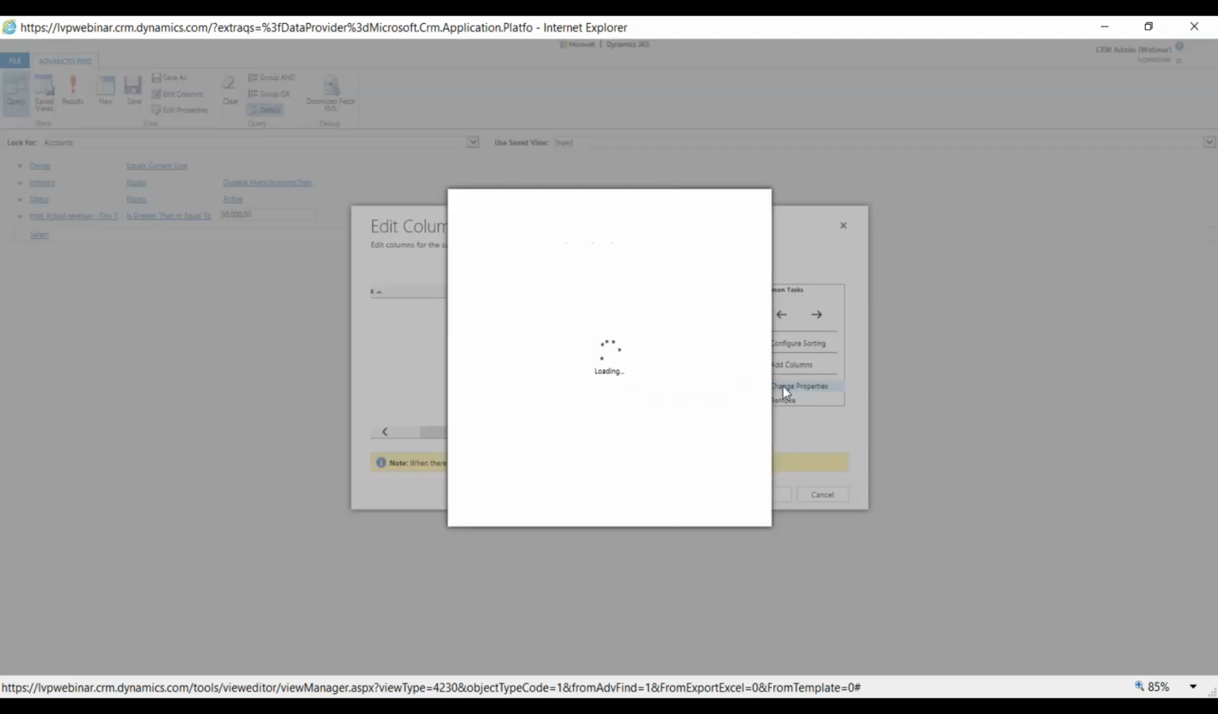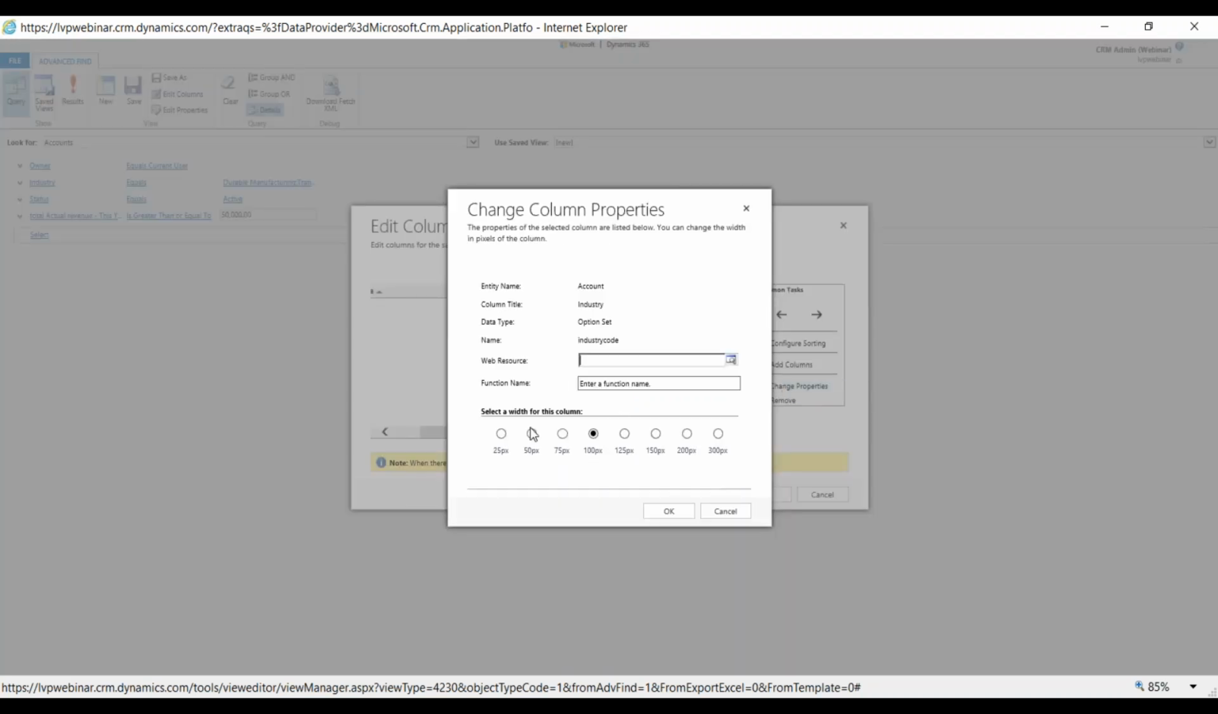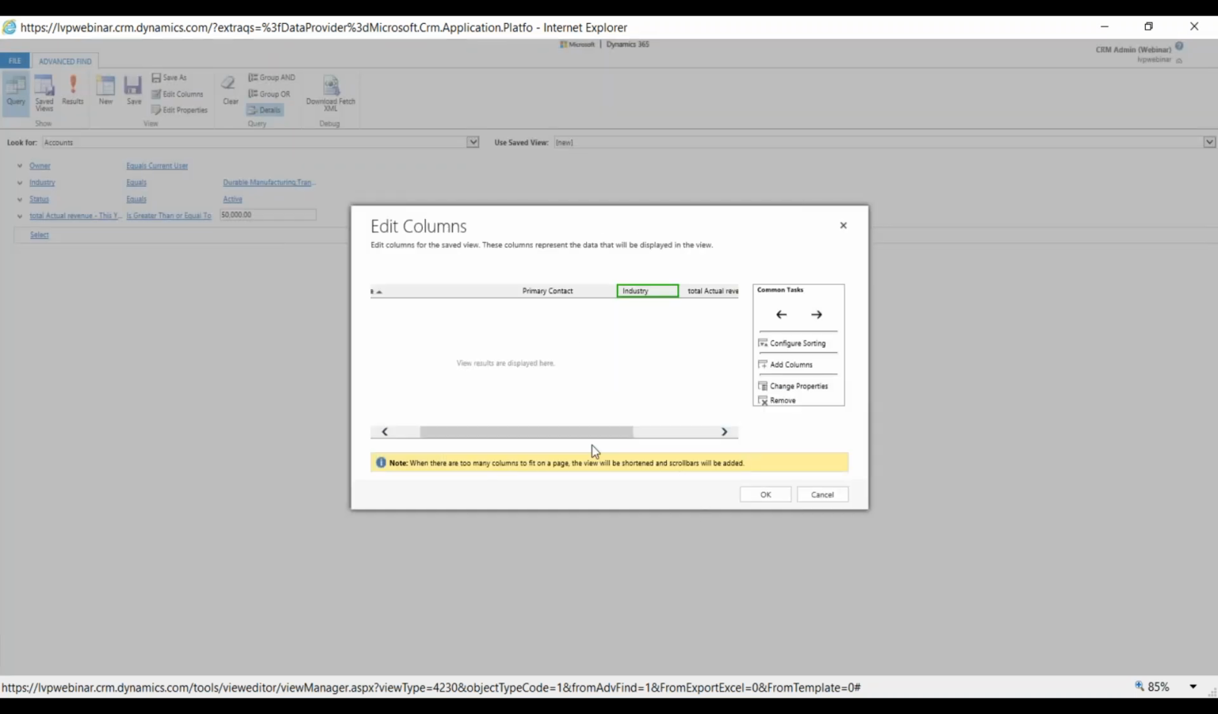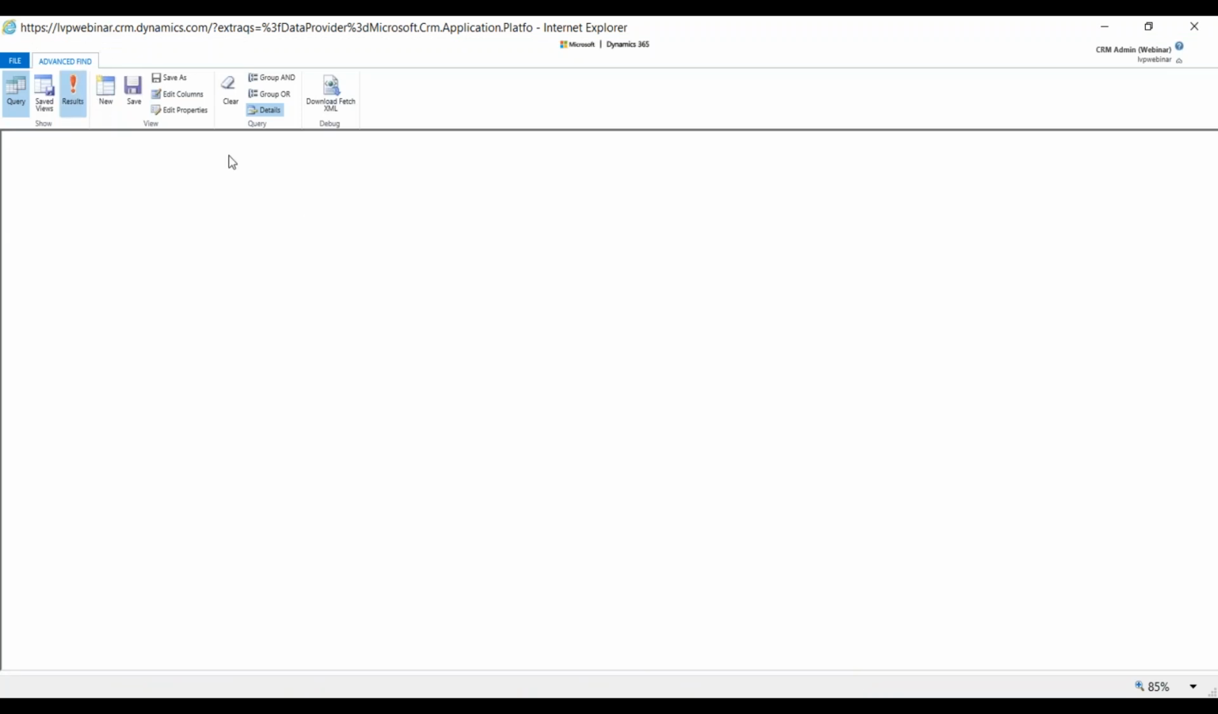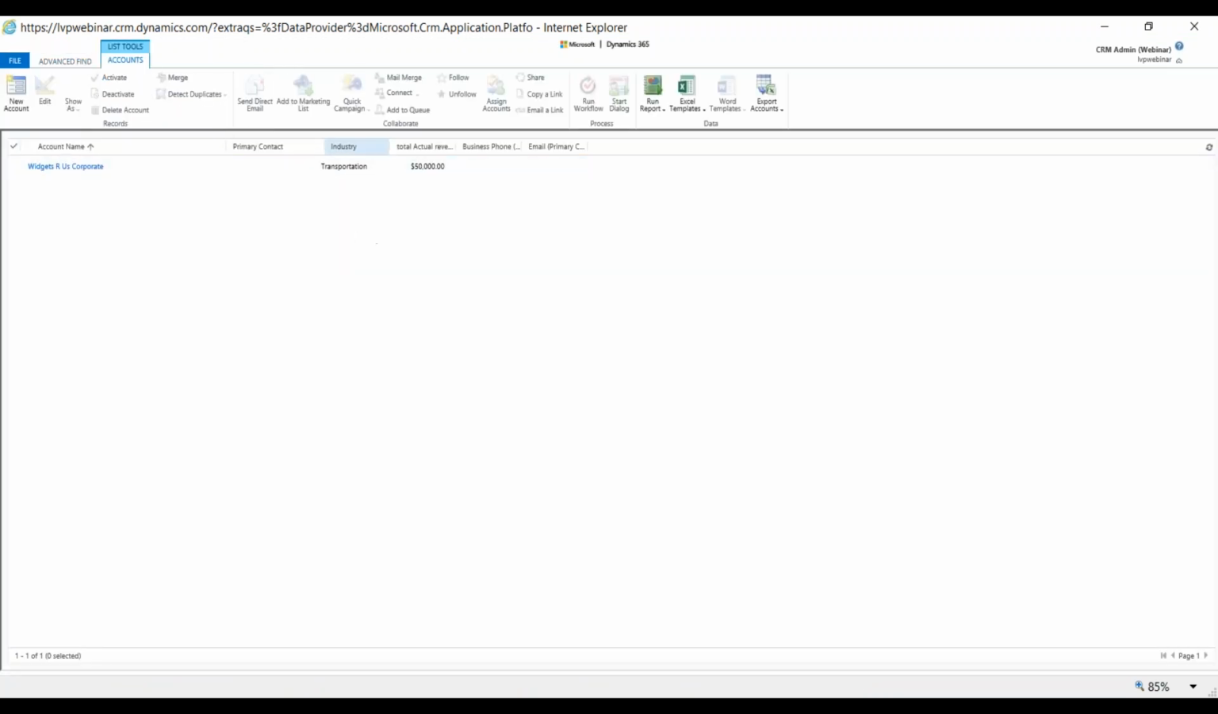If I want to change the properties, this is in pixels. If you want to make it wider, increase your pixels. If you want to make it narrower, the width of the column, you would do less pixels. Okay. Once you have this set, you click OK. We click results, and then we have our information that comes back right here. Okay. So currently, Widgets Are Us Corporate is the only one that meets this criteria in terms of ones that